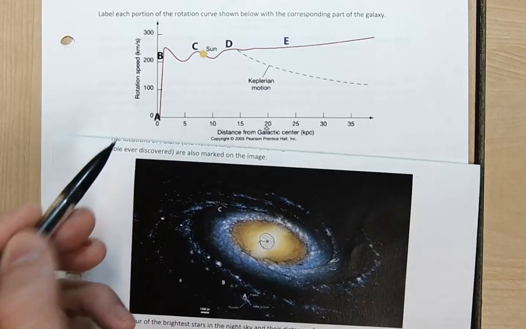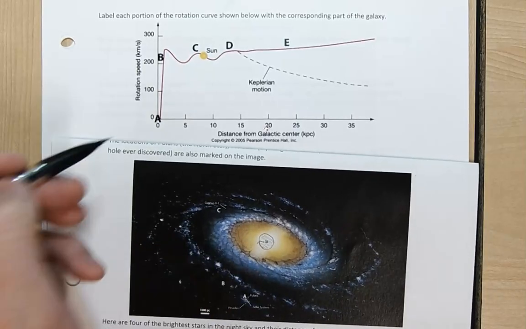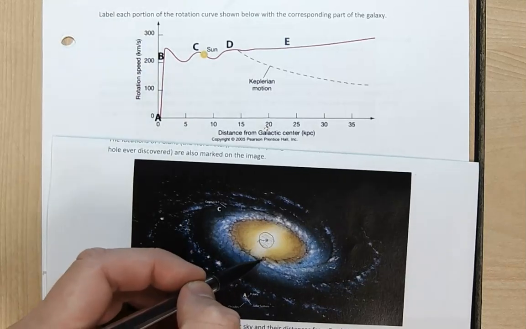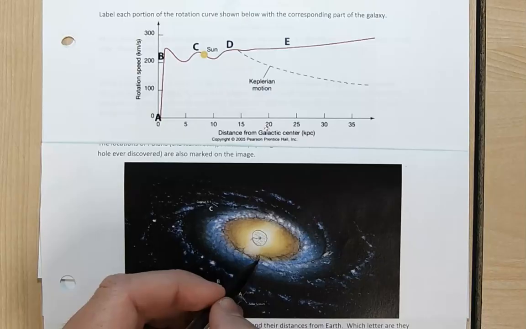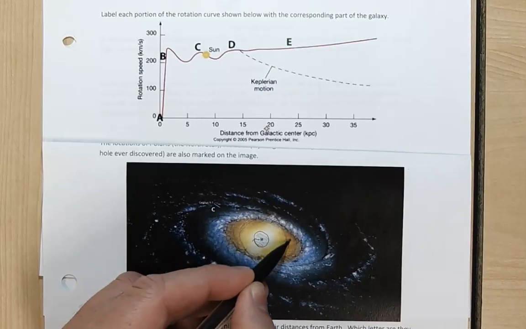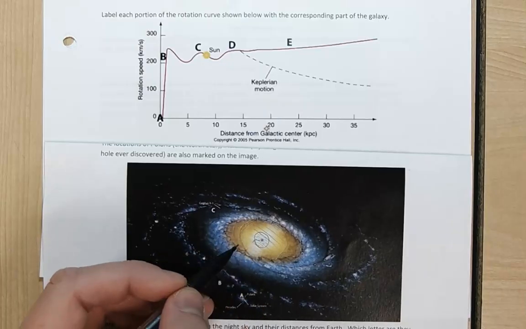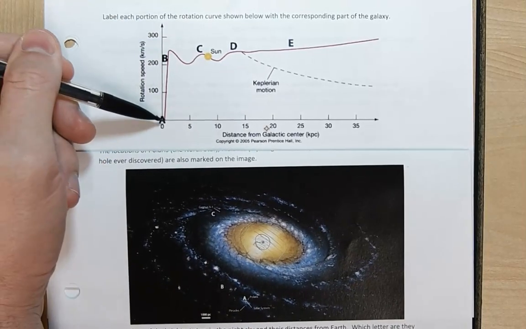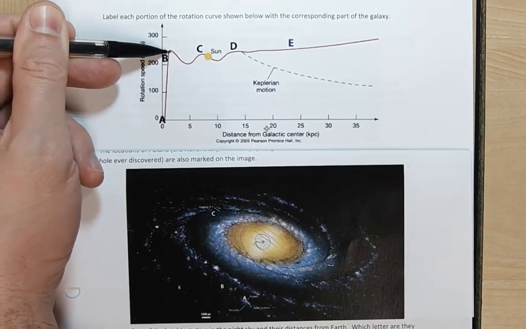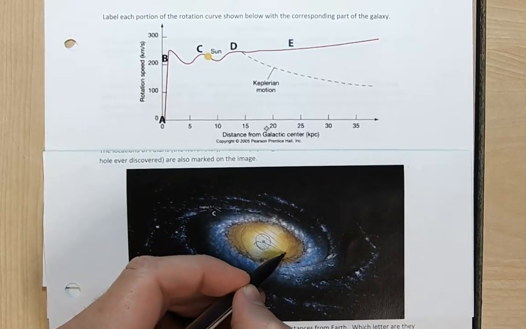But then by the time you get out here to B, B is the outer part of the central bulge. Once you're out here, all of this mass is closer to the center of the galaxy than you are, which means all of this mass is pulling you around, so you're moving at a pretty fast orbit. That is why as you get from the center of the bulge out to the edge of the bulge, the speed gets faster and faster, because as you go from here out to here, there's more and more mass closer than you are, enclosed within your orbit, pulling you to go faster.